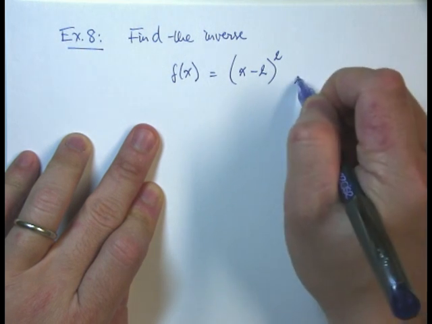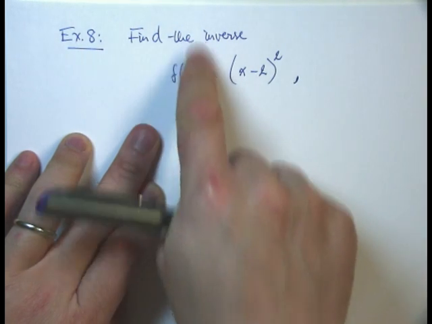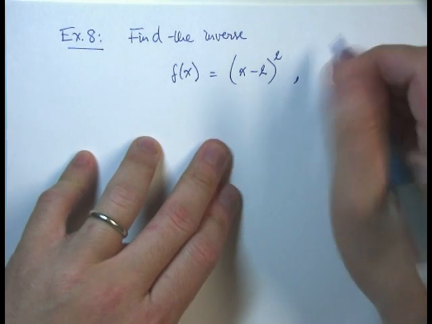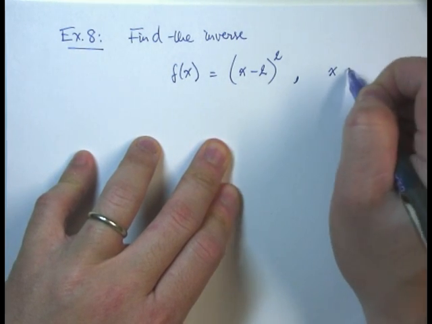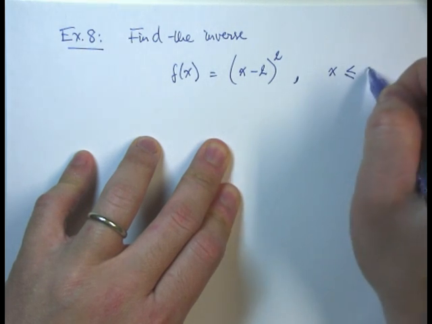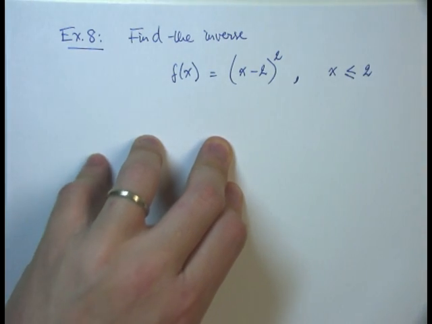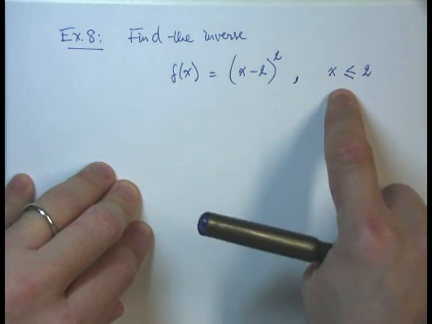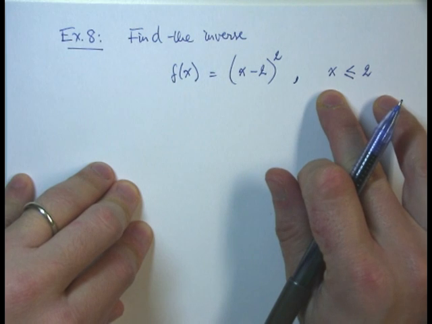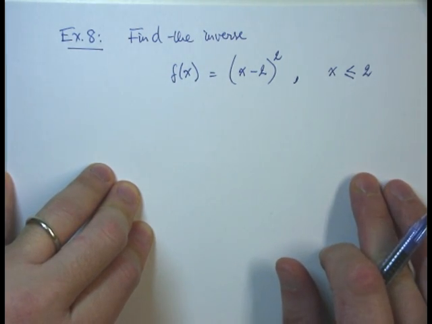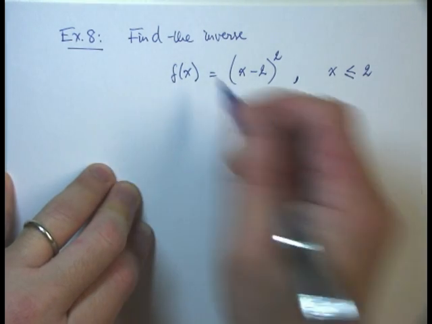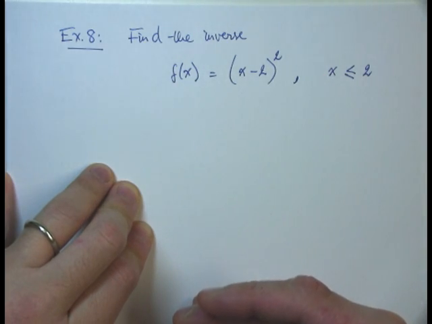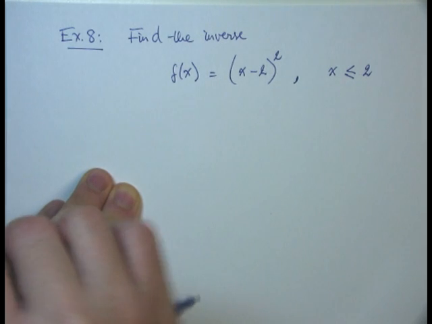Like I said, the type of problem now is trying to find the inverse of this function in a restricted domain. So now I'm looking at x less than or equal to 2. Remember, this little condition here is a restriction to our domain. We have a restricted domain. Besides that, the rest is carried out just the same as the proper steps for finding the